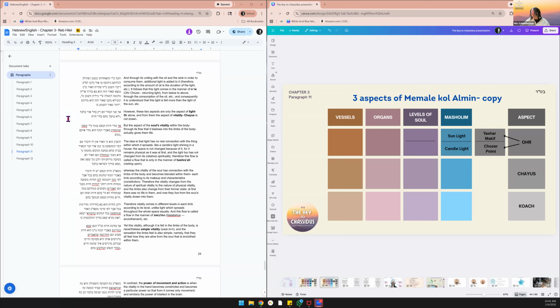So that's why we need to have another mashal, and that would be the mashal of soul enlivening the body. Okay, so we're going to put it here: soul enlivening the body. And we're going to keep these words here because every word is essential. Remember, we learned from the beginning of the second chapter,